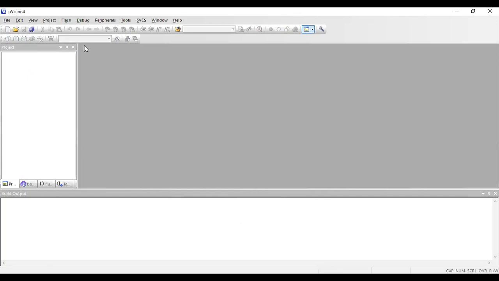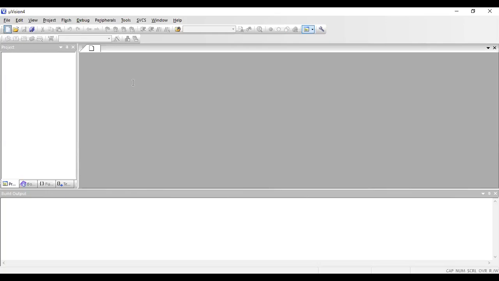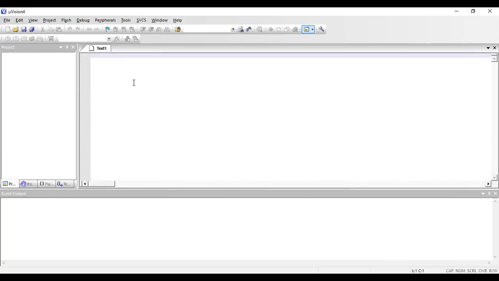What are the different panes in the Microvision Keil? We have this menu bar, the menu pane, where you have the different menus with different operations which we can perform. Next is the project window at the left, where any project you create will be shown. The gray area is the editor window, where you write and edit your program. And the bottom is your debug console, or the debug pane, where the details of debugging of the program will be shown.